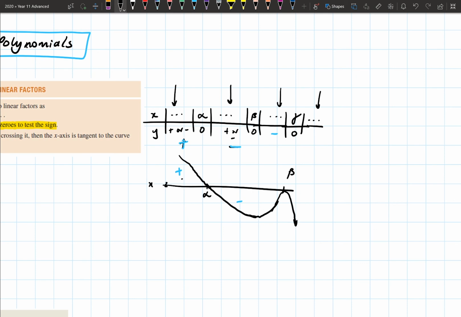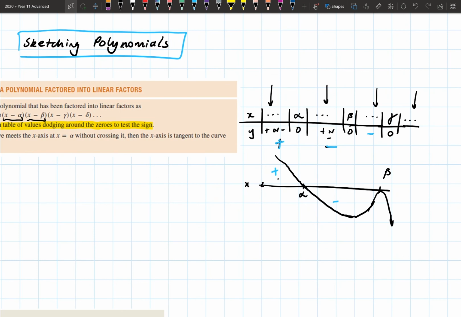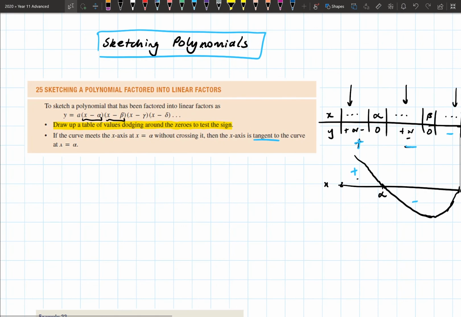So here, if the two signs either side of a zero are the same, it creates a tangent. It doesn't actually cross the curve. So a tangent is where it touches the x-axis, but doesn't actually cross the x-axis. So let's